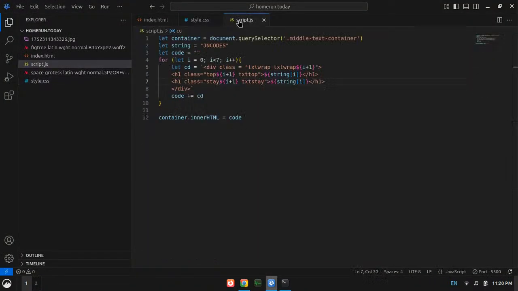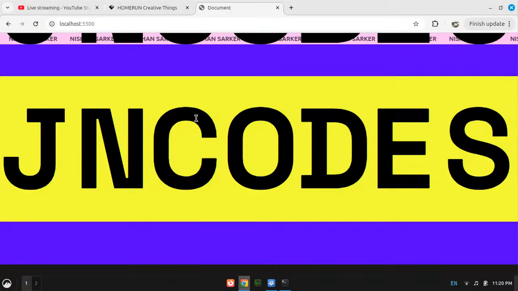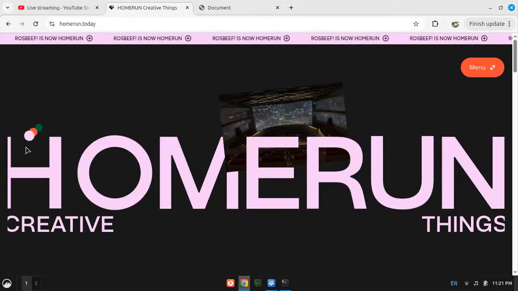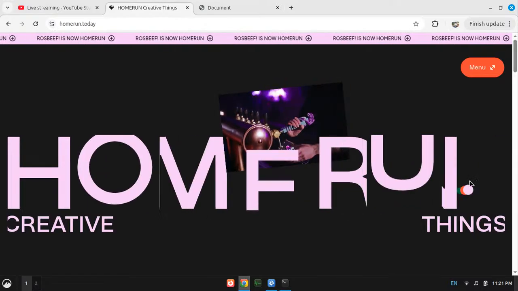How can I do it in JavaScript? Okay, I could actually do it in a very easy way if the animation was not like this random thing, right? But